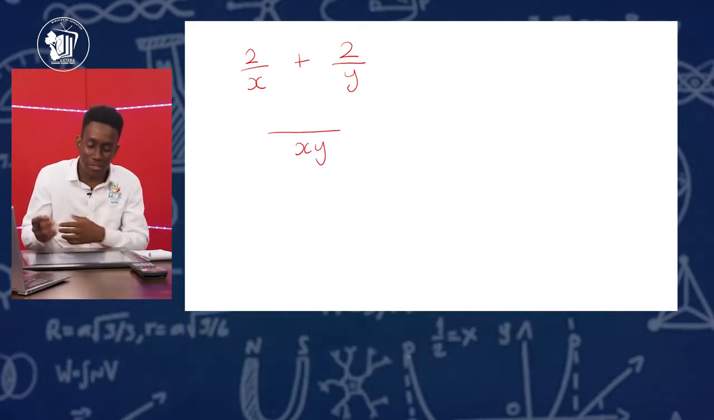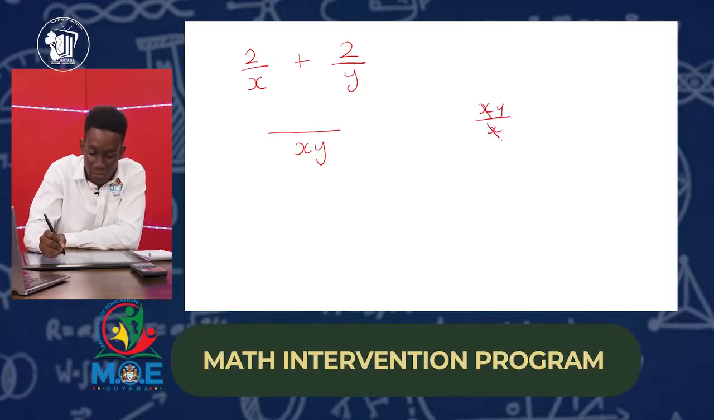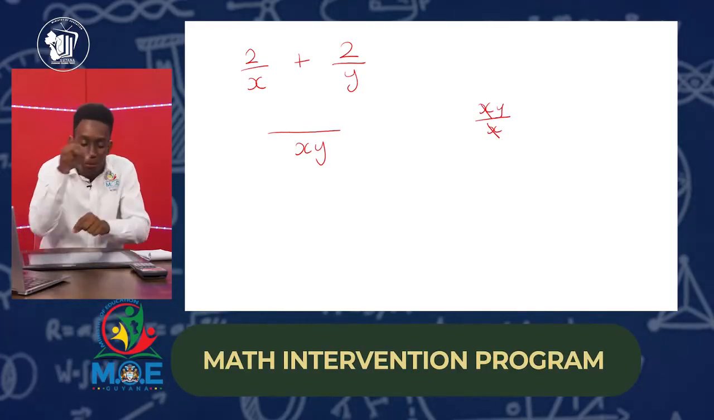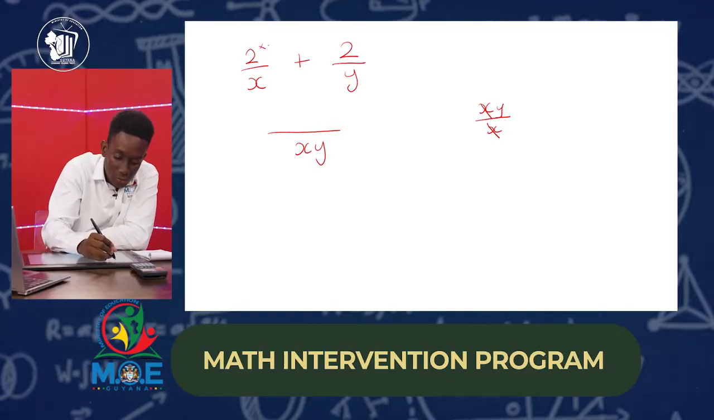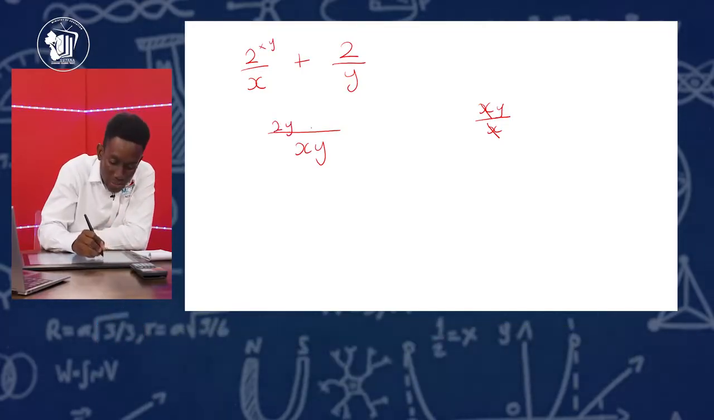And then we do the same thing like what we did just now. We divide xy by x. So xy divided by x. This x will cancel with that x, we're left with y. And we take that answer and we multiply it by the numerator. So this will be 2 times y. And 2 times y would give you 2y. Plus